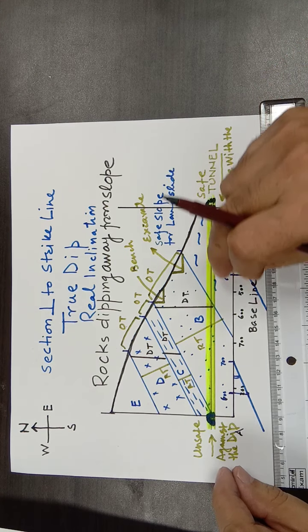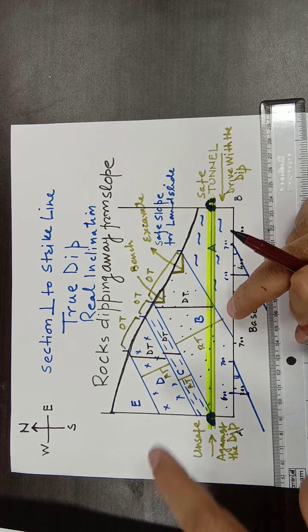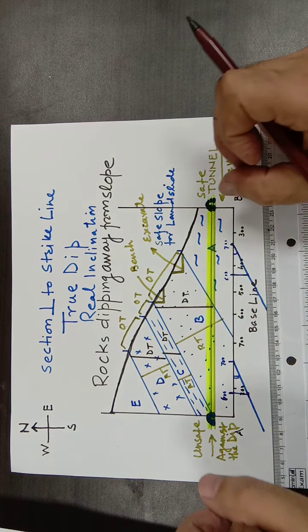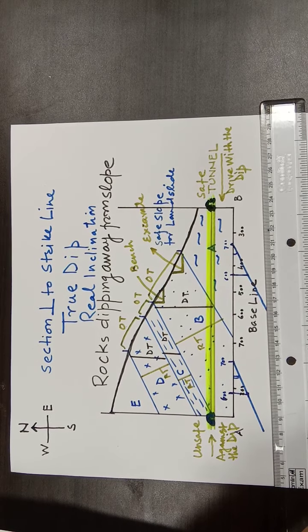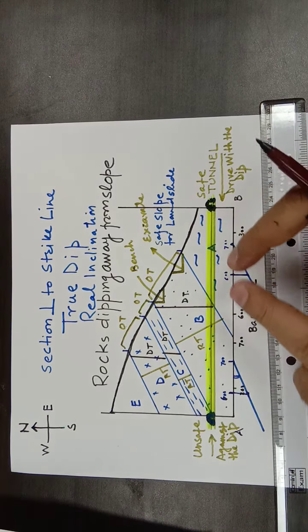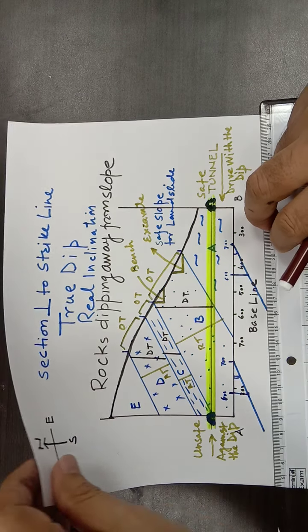If you make a tunnel here, you will have different rocks along the tunnel. At this level, D is not going to come, at least in this part of the section. Afterwards it may come or it may not come. What you have: rock A, B and a little of rock C. Now I will explain another section to you.